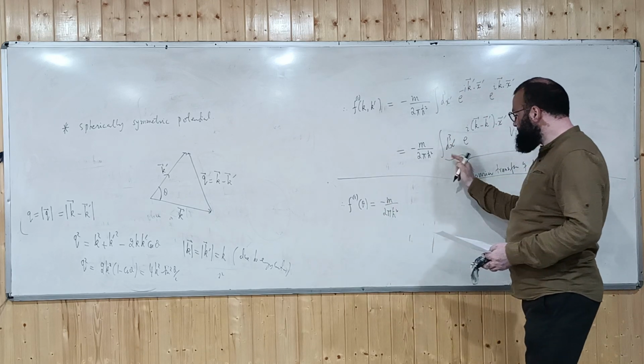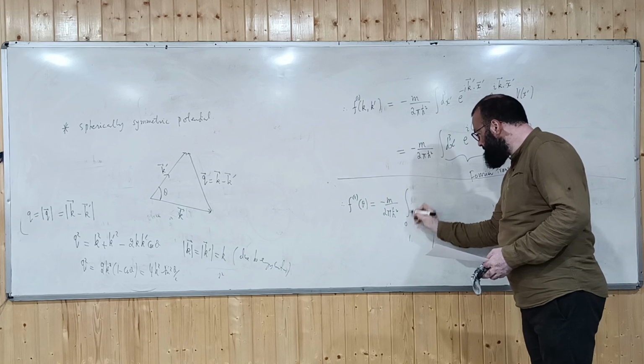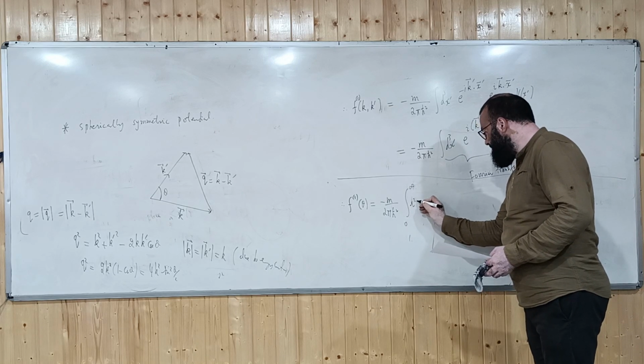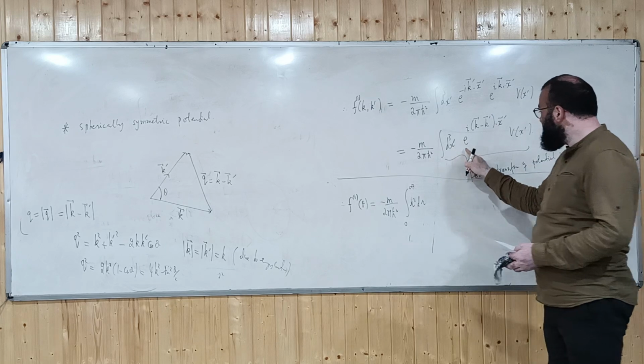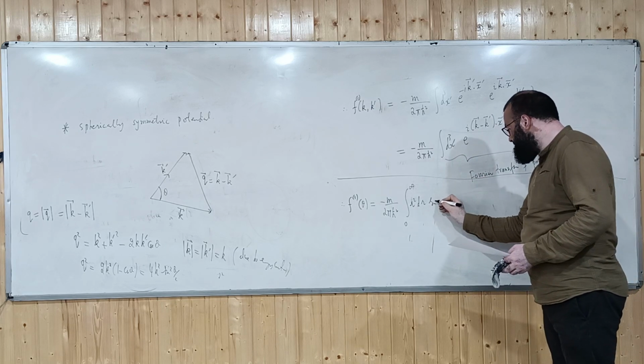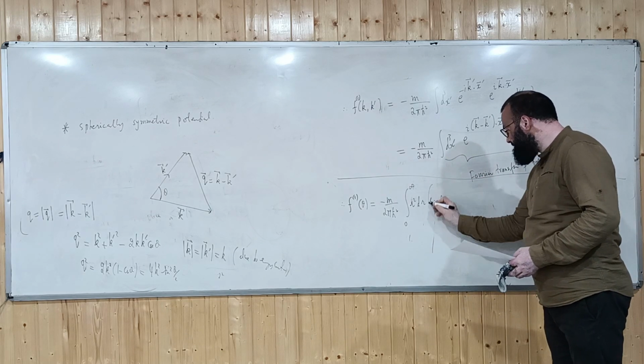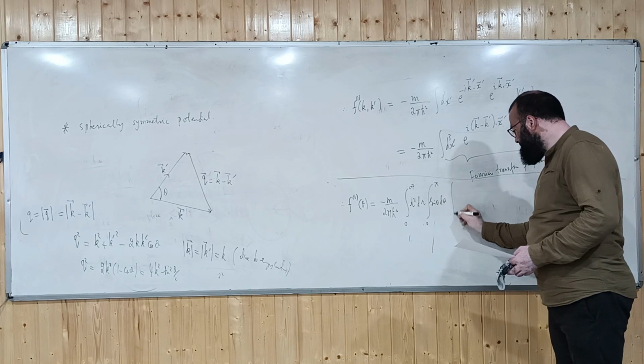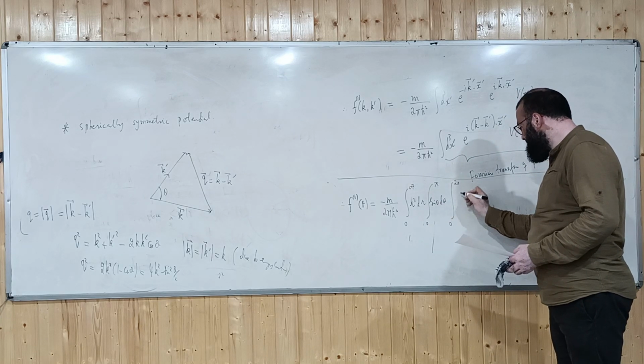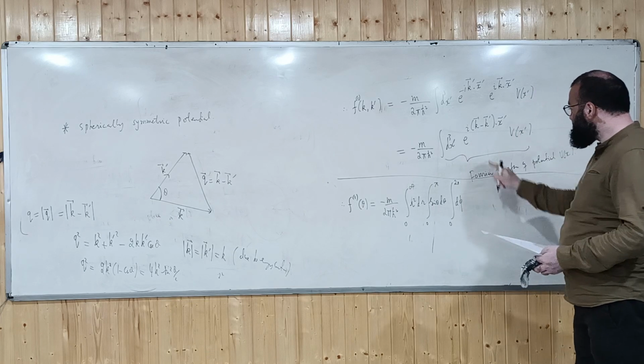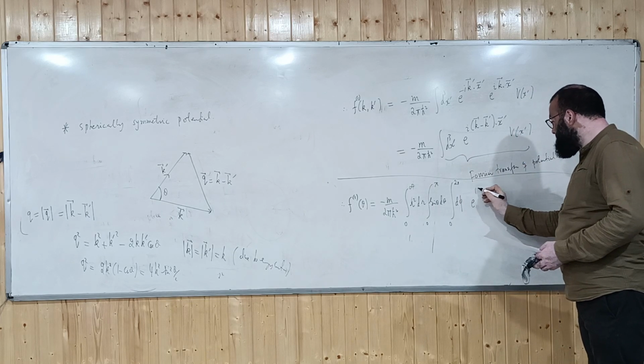Now let's evaluate this integral. It will be 0 to infinity r square dr. Clear? Okay, then sine of theta d theta from 0 to pi, then 0 to 2 pi d phi. Then you have this part, e raised to the power i